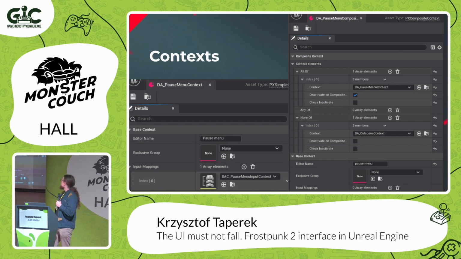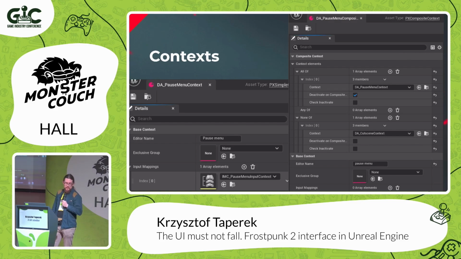But the more important thing is this version. So this one is a composite context. It contains a lot more logic. It inherits from the simple context, and it contains a set of rules. So this one can be active only when all of the contexts from the first list are active, and none of the contexts from the bottom list.